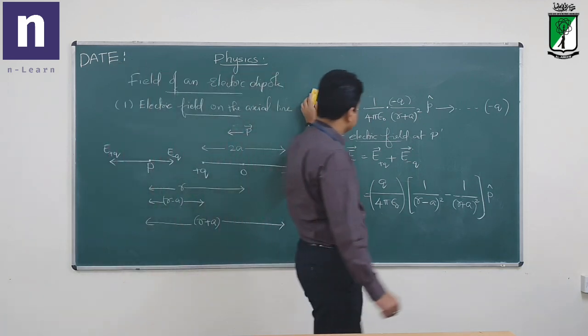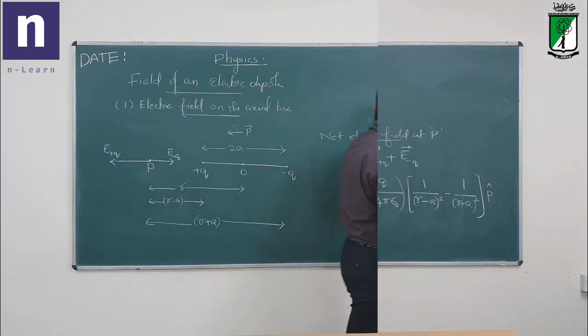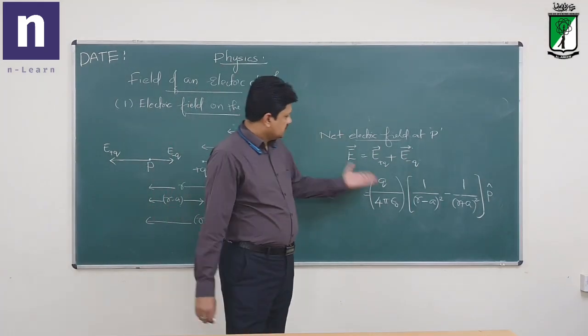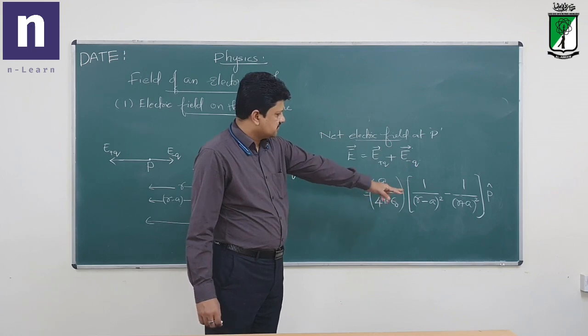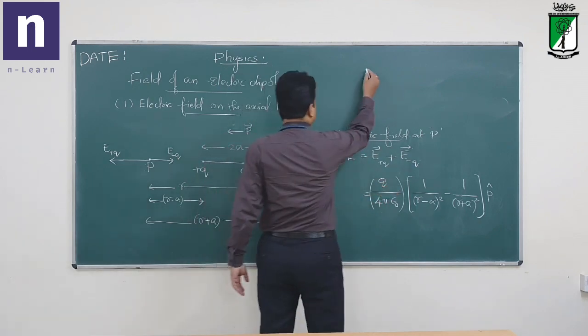I'll remove this also. So the net field is so much. So let us just take the LCM of these two and get the resultant. So therefore,